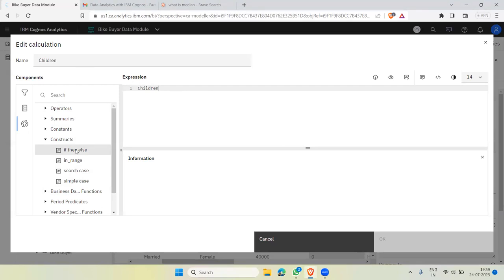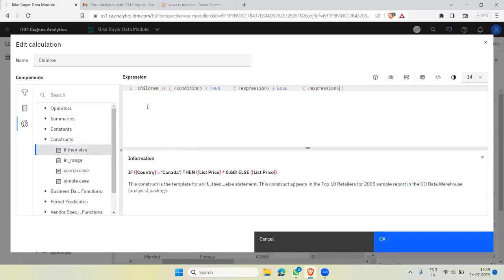So now what we have to do is check if the children variable has missing values or not. If the condition is true, then I have to clean that. To make this happen, please drag that if then else onto the expression canvas and drop it there. Yes. Simply we clicked on the function button, participants, and then if then else we used under the constructs category. Now we have to mention one condition. What is that condition we have to mention?